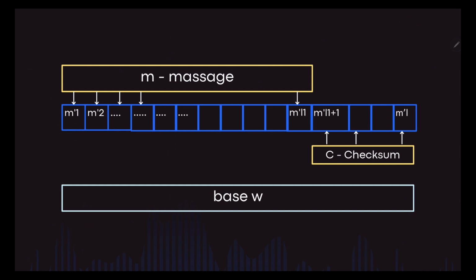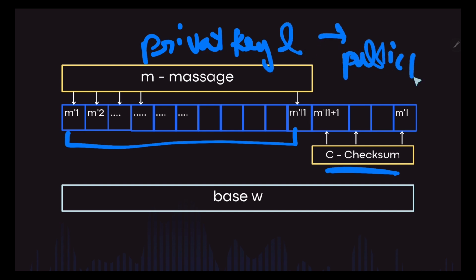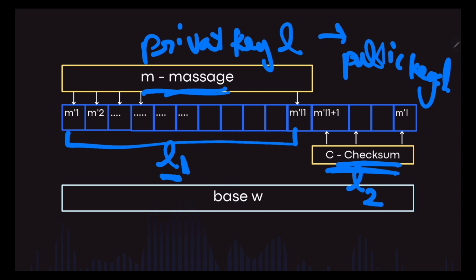So these are all considered to be the pseudo random keys that we have got. This whole is the message, and this is the checksum. We also have the public key and the private key, which have the length of L. If we consider the message as having the length L1, then we'll consider L2 as the checksum. So L1 plus L2 will give us L, and so we will have 3 things: the message, the public key and the private key, which is also in the base W form.